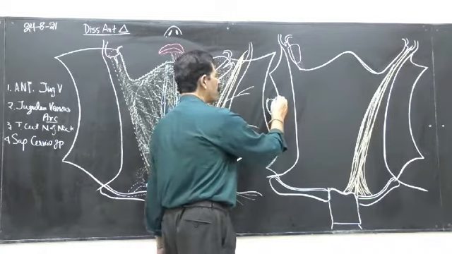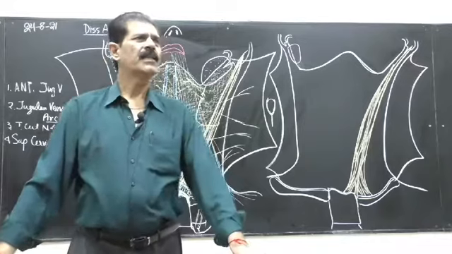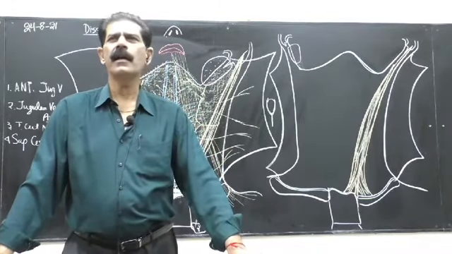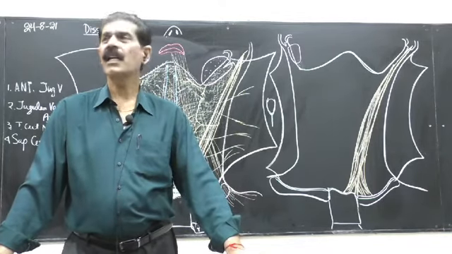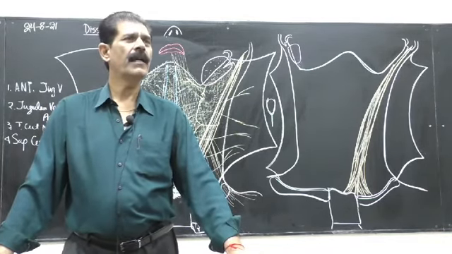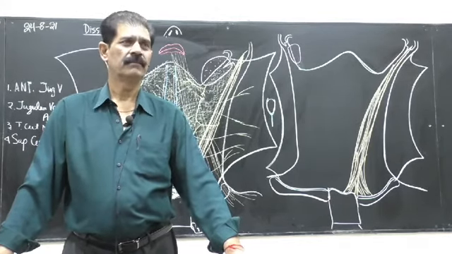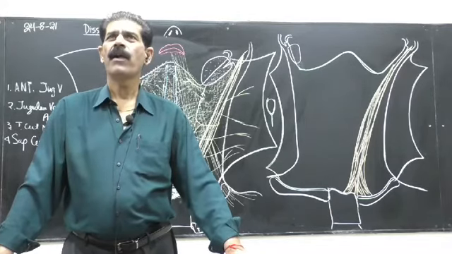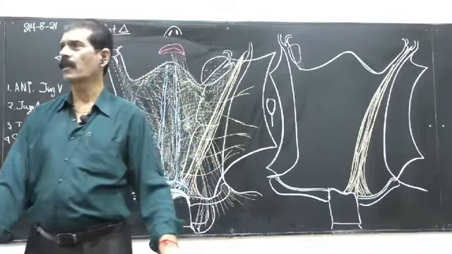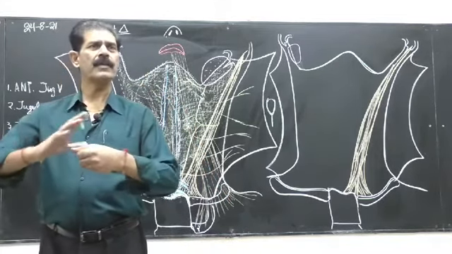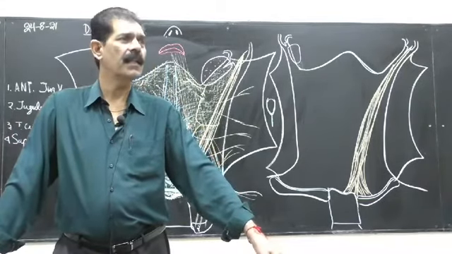And this deep fascia forms the covering of the parotid gland, that is called parotid fascia. And this parotid fascia is closely adherent to the tissue of the parotid gland, tightly. This is the reason why any swelling of the parotid gland is very, very painful, because this is the deep fascia which is stuck to the superficial as well as the deep surface of the parotid gland. So it invests, or it forms an envelope of the parotid gland. That's why it's called investing layer.